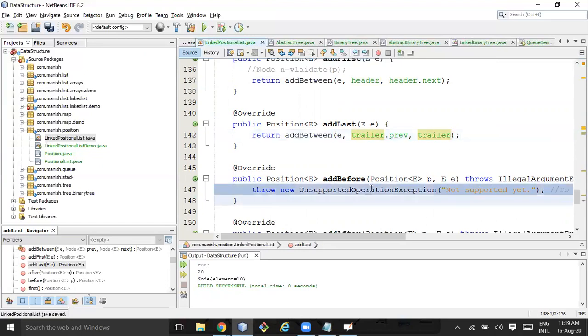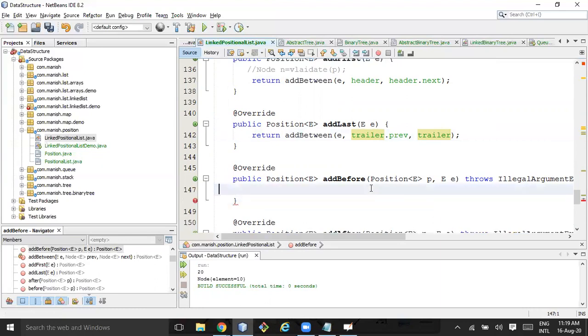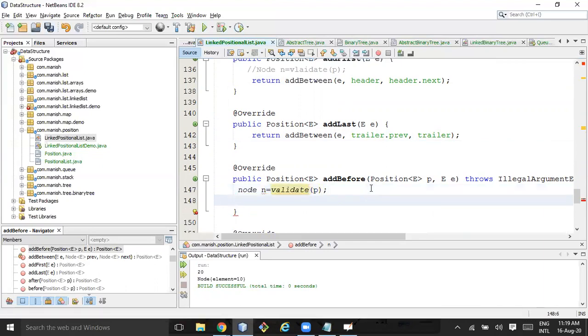Right, here what will be the case? Here I need to validate because I am getting the position. So node n is equal to validate p. Right, I got it. Now I'll write add between. I'll pass e, and so it's add before, right? So here it should be n dot previous.